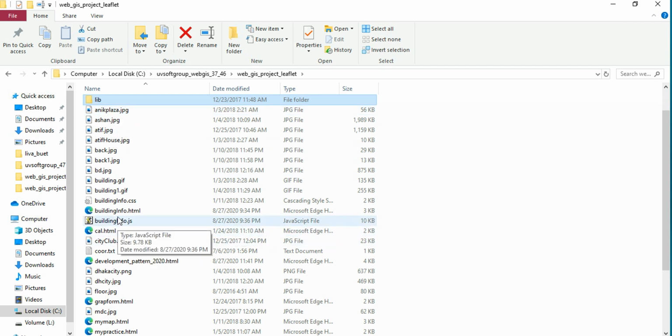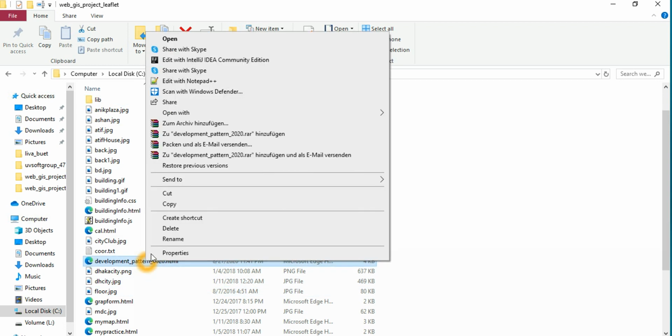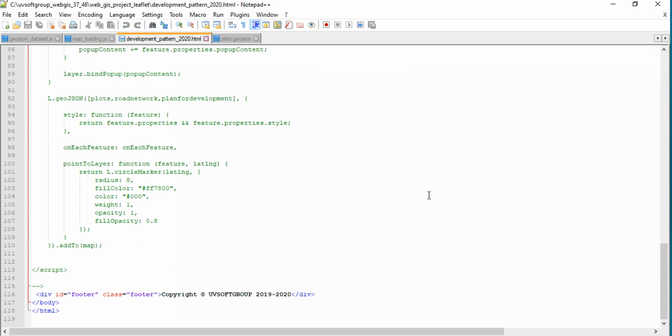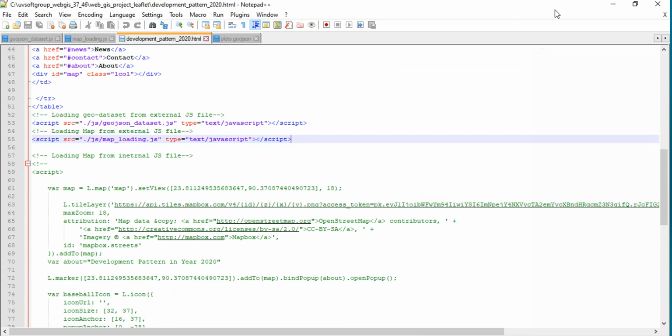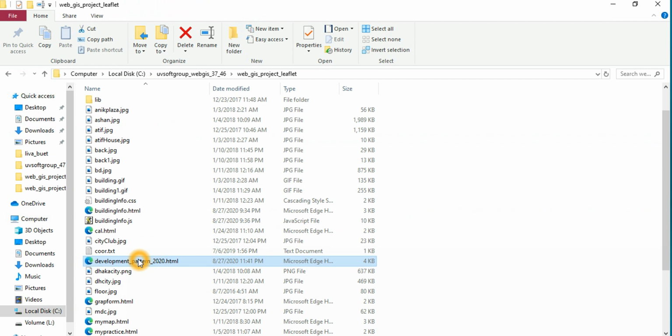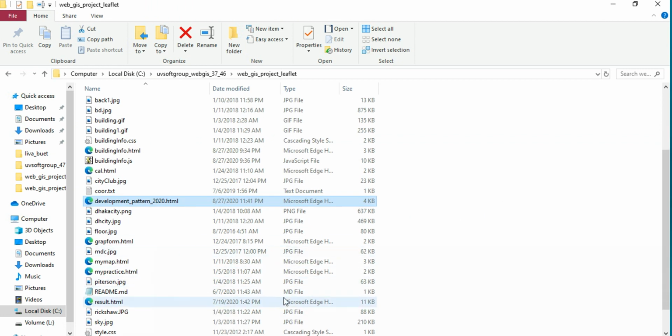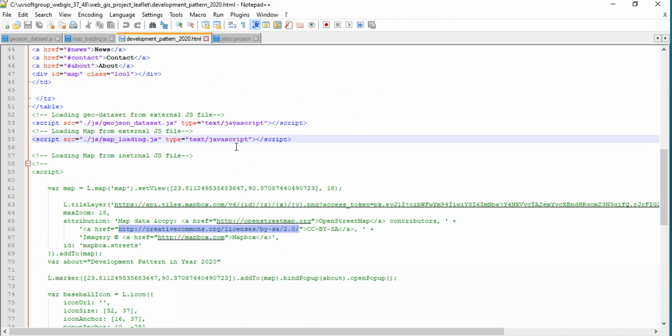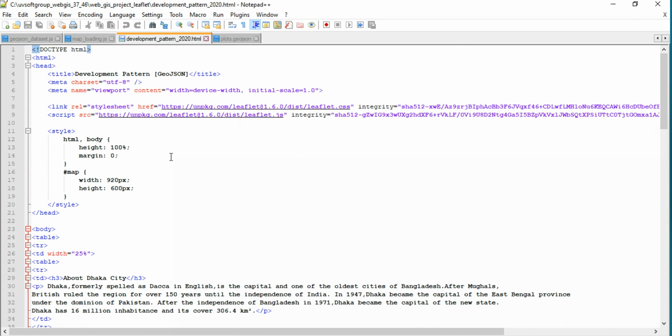Then you have a very simple HTML page. This is the HTML page that we need, and the example I'm trying to discuss and develop together with you. Just to recap, it has a very simple Leaflet JavaScript library import.